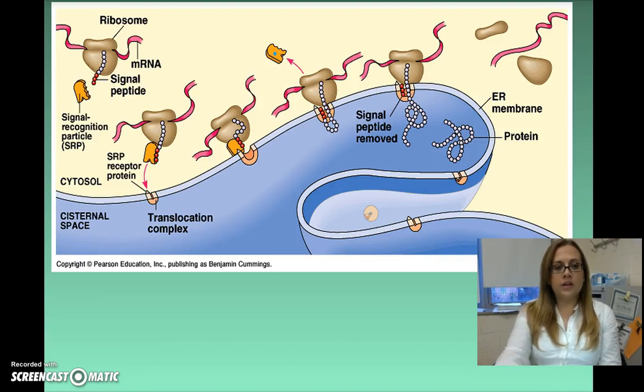So what you're looking at here is a ribosome in the cytoplasm. It is translating an mRNA transcript. You have a signal recognition particle. It recognizes the signal on this polypeptide. It causes the ribosome to attach to the endoplasmic reticulum, making it the rough endoplasmic reticulum. The polypeptide is made, and you can see here that this signal is actually no longer attached to the polypeptide. So now the polypeptide or protein is within the endoplasmic reticulum, and it can be sent to other areas within